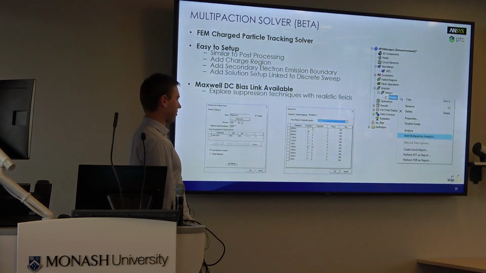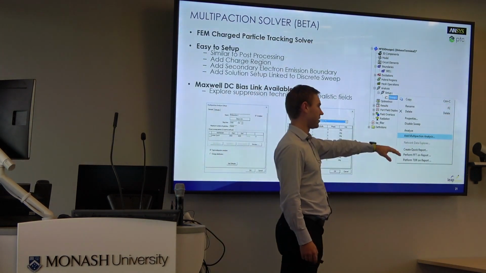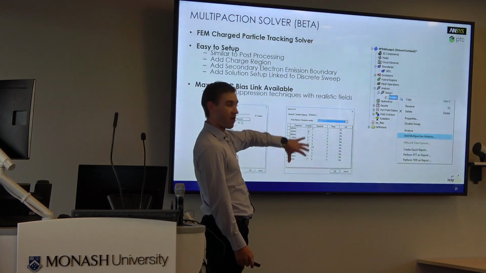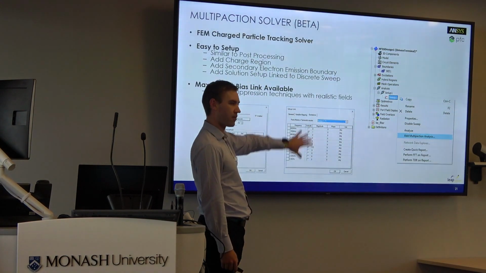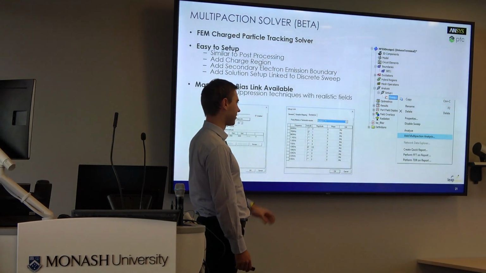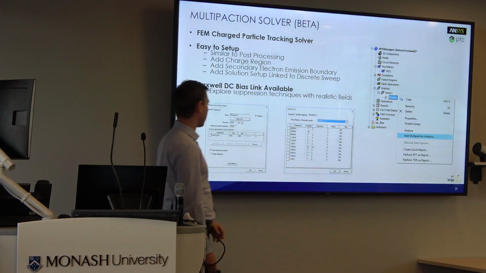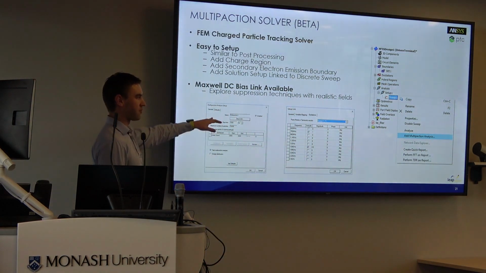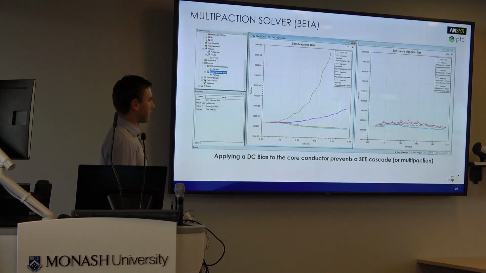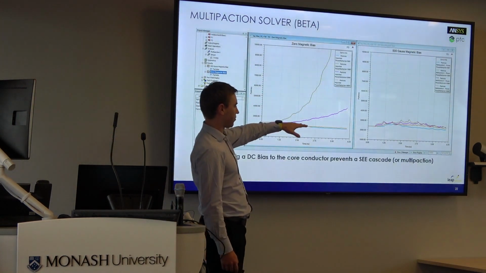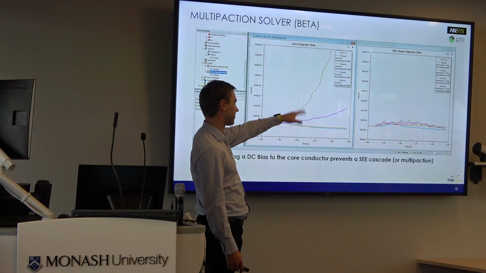And so this is what it looks like in practice. Right-clicking the sweep, add the option, choose which carriers you'd like to look at. So if you're exciting multiple carriers in a given device, then you can add both of them in. And then it runs a couple of different levels of power automatically. And the reason for that is we'd like to look at which point is the trip-over point, where you